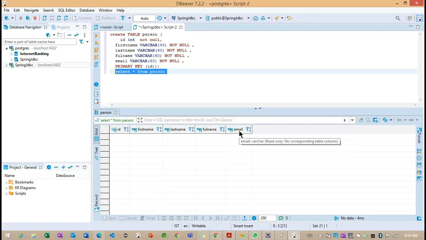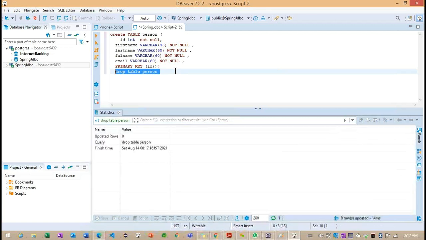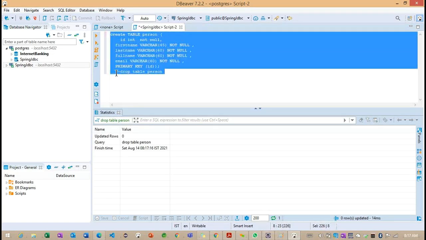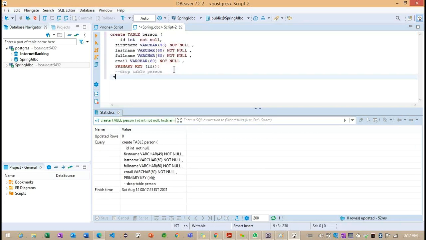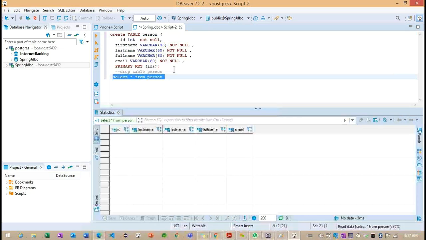ID, first name, last name, full name, and email. Let me drop the table. Here I want to make it full name. Okay, so we created first name, last name, full name, and email.